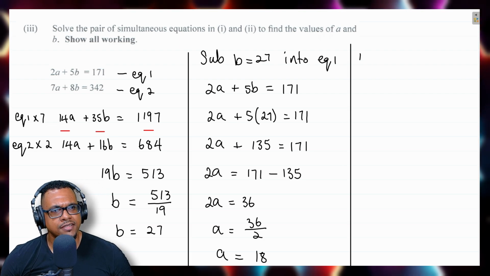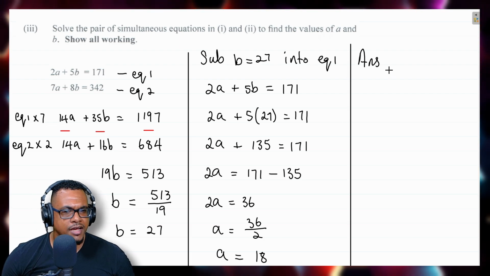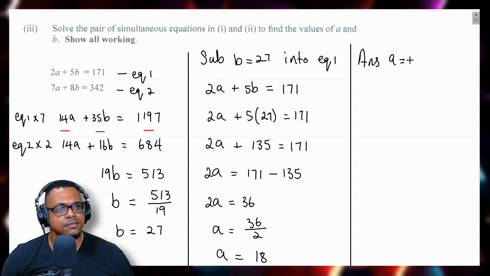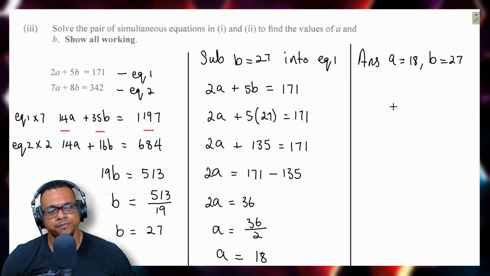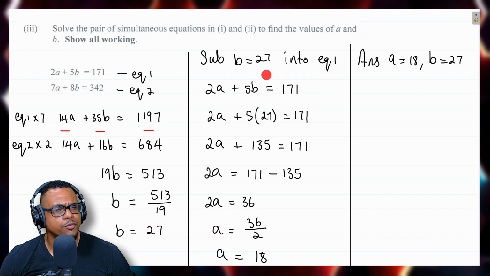So we just come here and write the answers. So we have A is equal to 18, and we have B is equal to 27. And this will bring us to the end of question 2